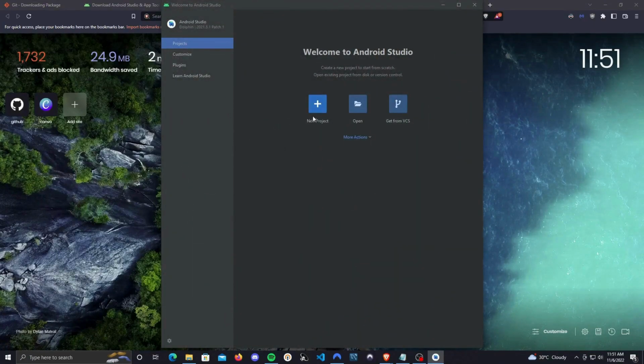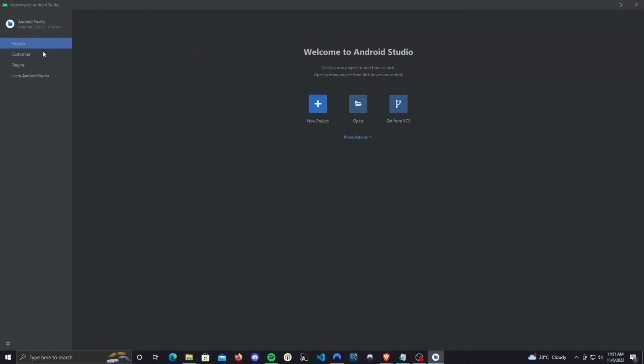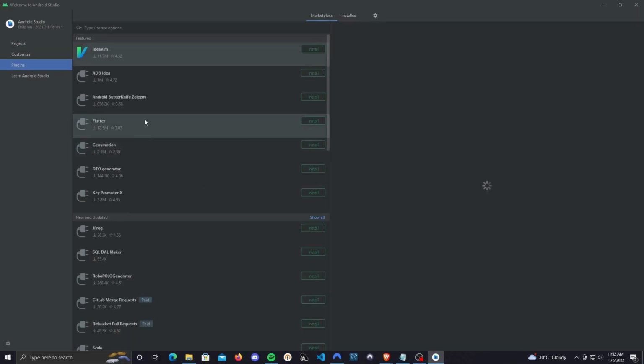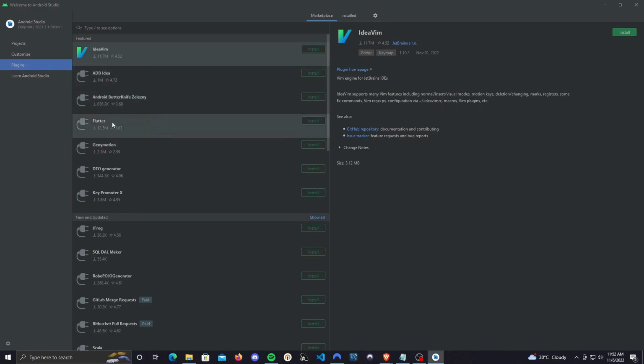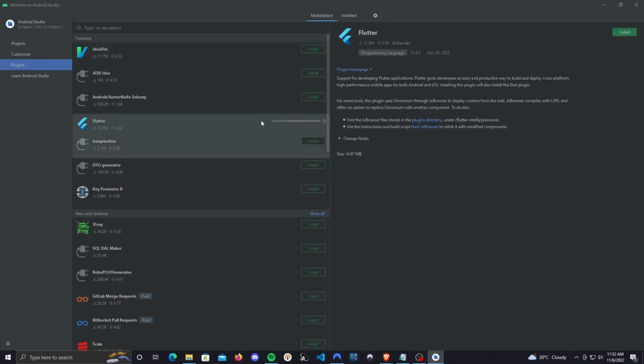Okay, before we do that, we have to install Flutter plugin on Android Studio, and it can work that way. It can work with the SDK that we have locally installed. And click on plugins, and it should be the first 3 or 4 options. Flutter here, install,